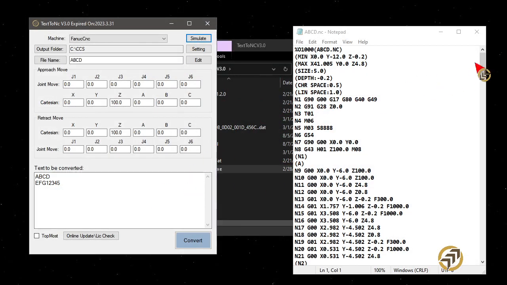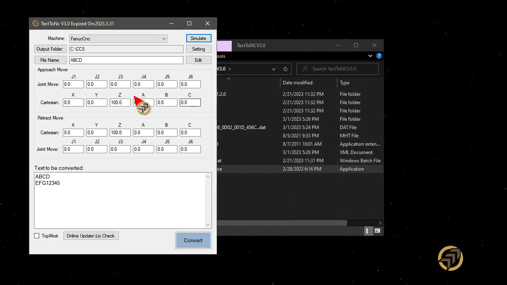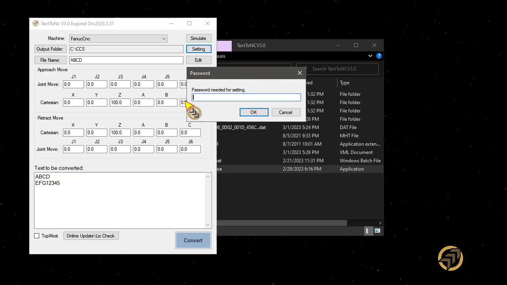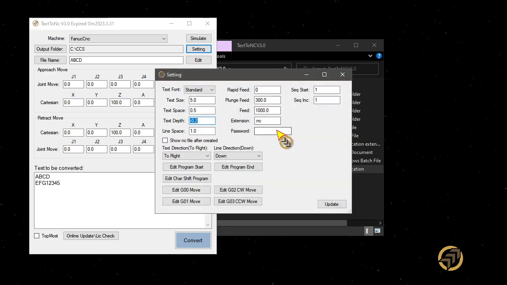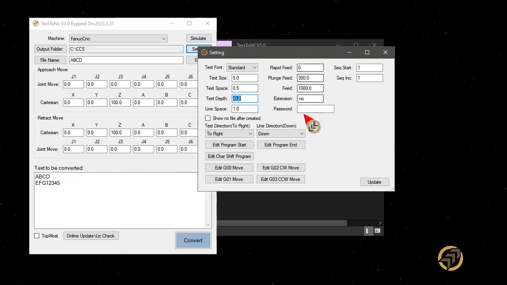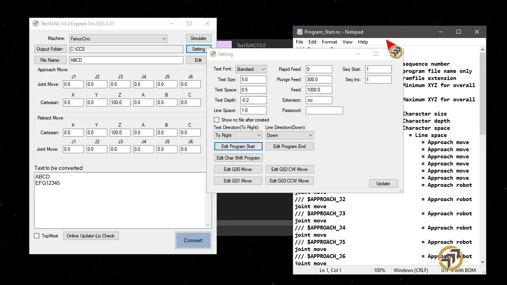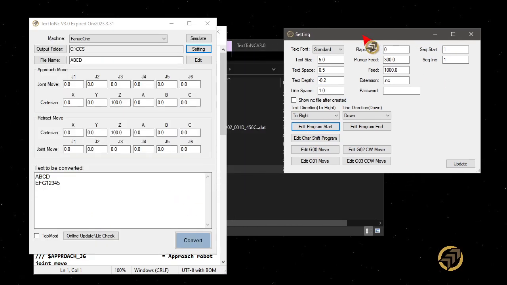And how about if you want to change the size of the text? You can do it. You just go to the setting. By default, there's no password unless you set some password here for some reason. This is all the settings that you can set, the size, the space, things like that. Okay. Besides the setting for the text size, you also have the program format. For example, if you want to add something to the start of the program, you come here, just add it, click, right,